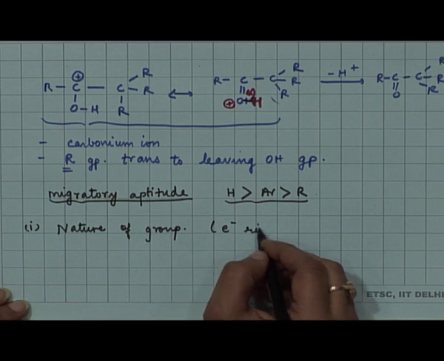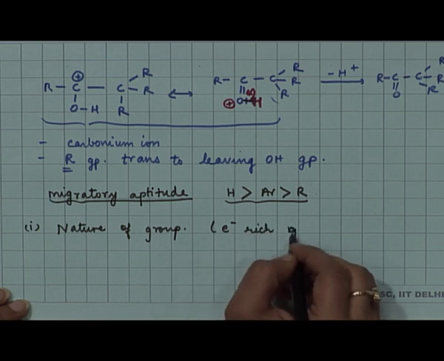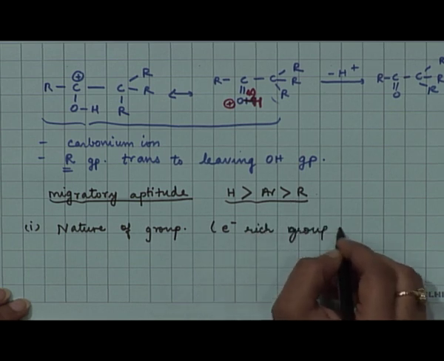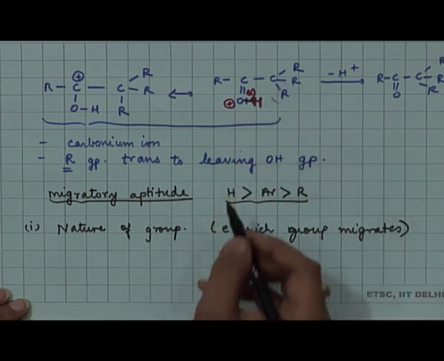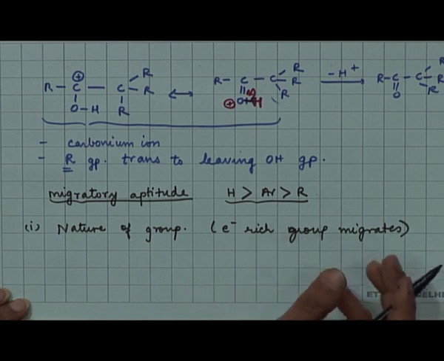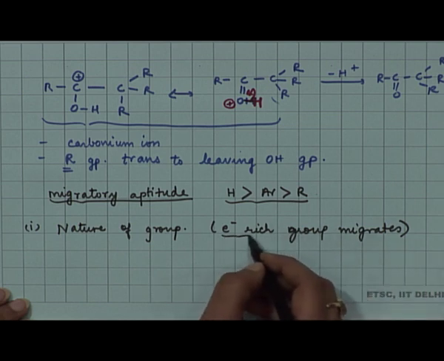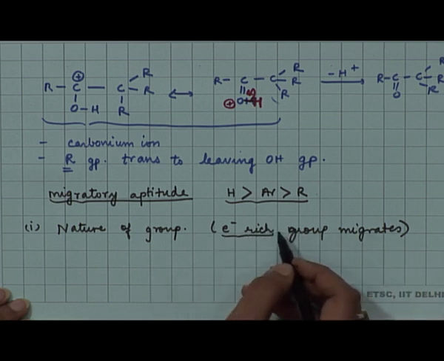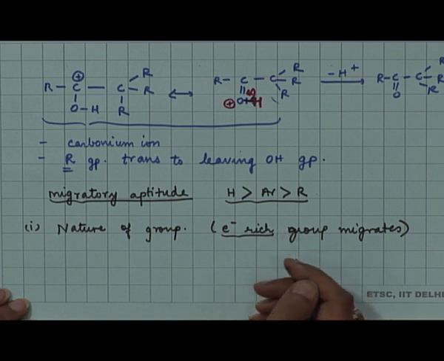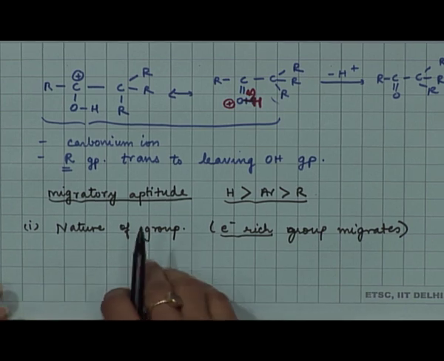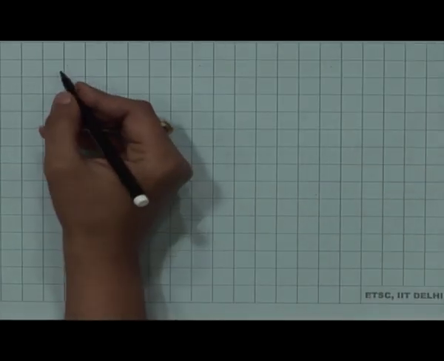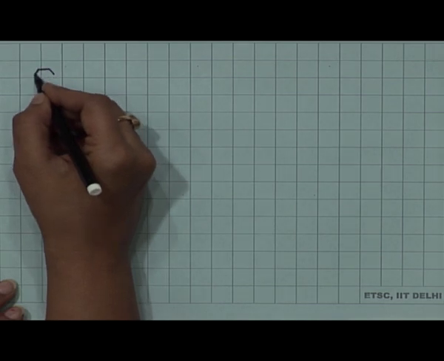Preferentially, the electron rich group migrates. So, the group has to migrate towards a positively charged carbon, right. So, it is an electron deficient site where it is migrating. Therefore, the group has to be electron rich to have an impact in the reaction and for it to migrate. So, for example, this can be illustrated by this particular pinacol,